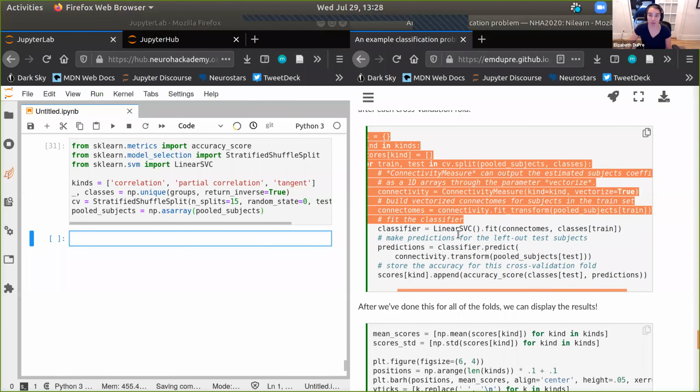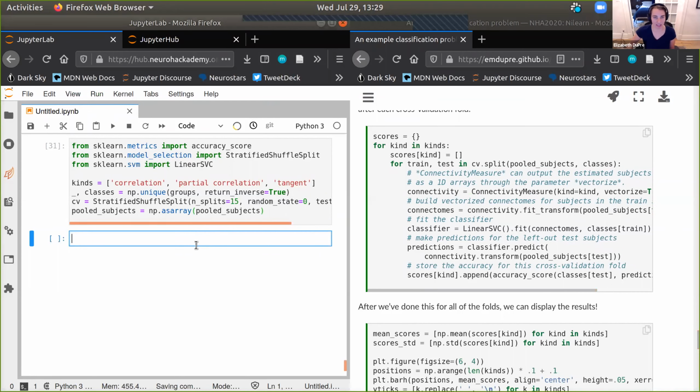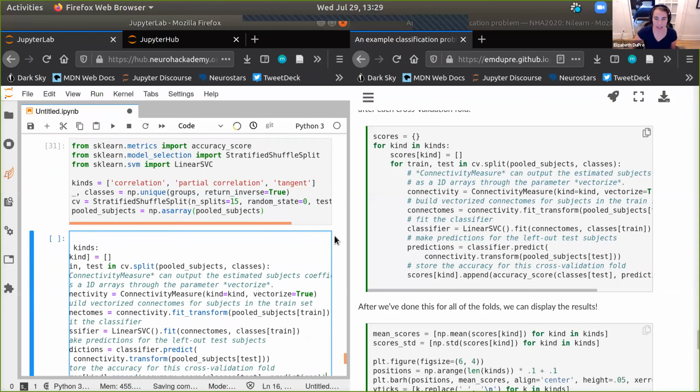And now you can really easily go from a 4D fMRI time series directly to this classification model. And if you're more familiar with 4D fMRI time series, you can easily get from that to your machine learning model, which is really, really nice. It's quite smooth. So again, in the interest of time, I'm just gonna copy paste that.